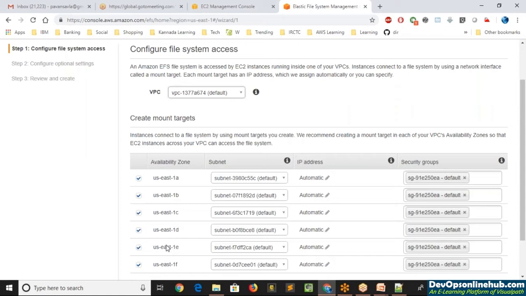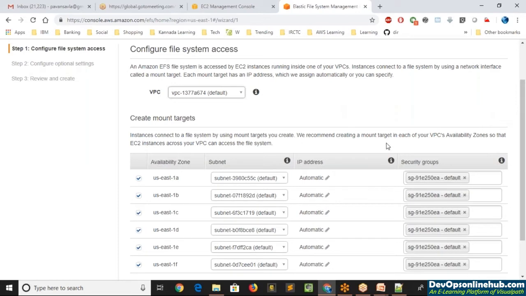If you use Ireland, Tokyo, Sydney, or any of those regions, you will get 3. So 2 is the minimum anyway, and most regions have 3, and North Virginia is the only one among them which has 6 availability zones. So I'll select all of them.